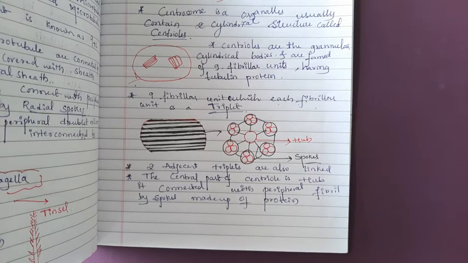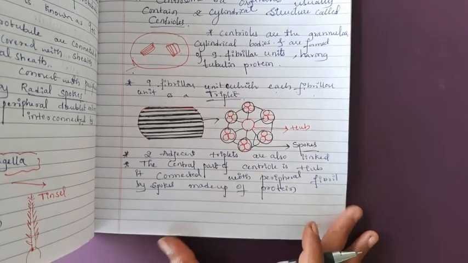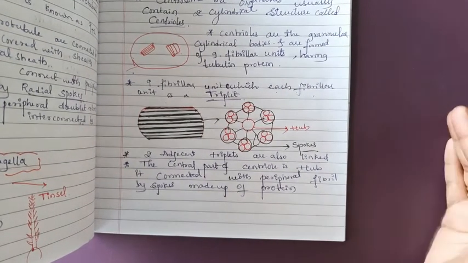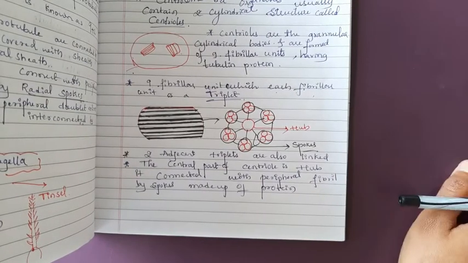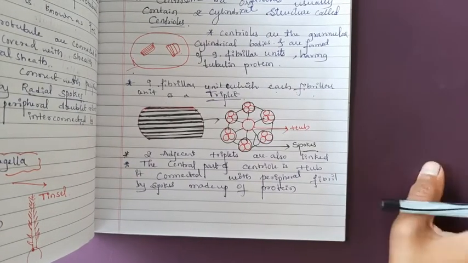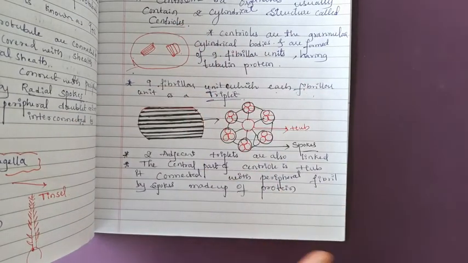The centrioles are membraneless elongated structures, they form during the S phase of the cell cycle. That is out of syllabus actually. The centrioles are formed during the S phase of cell division, that is one phase during the cell division. For a cell to divide into another we call it cell division. There are 3 phases usually, S phase, G1, G2 like that. The centrioles are formed during the S phase.